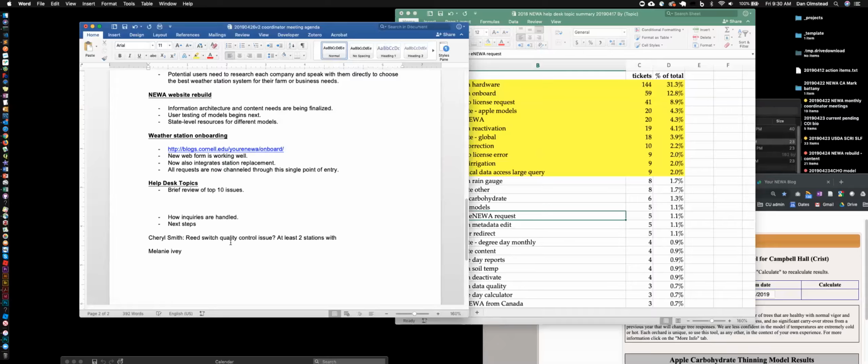Sure. So we had to replace a Rainwise station here in Geneva, and when I replaced it, at first the rain readings seemed a bit off, so I went out with a level. It didn't seem to be that far off to me, but I made sure that bubble was dead center on the level, and I don't think I've had problems with precipitation readings since that point. I don't know if that's helpful or not, but I'll put it on my action item.